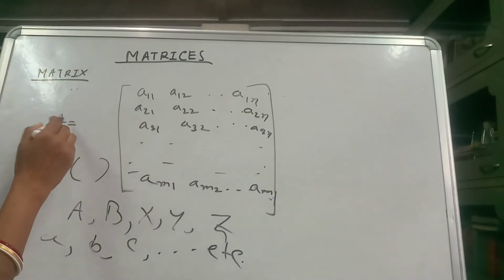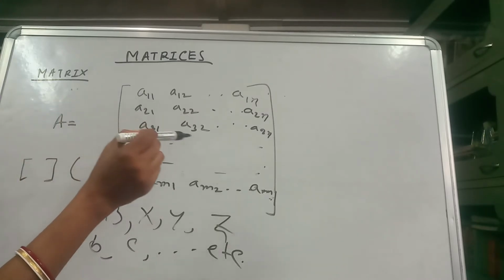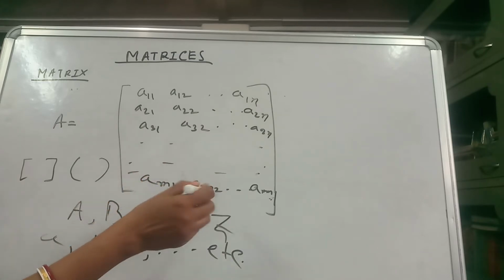Matrix is denoted by capital letter A. The elements are denoted by small letters a11, a12, a1n, a21, in this way am1, and the order